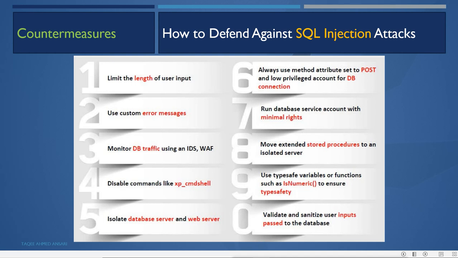It could be a search field, a username or password field, an email address field, or a comment field. In those fields where the user gives input, SQL injection attack works.